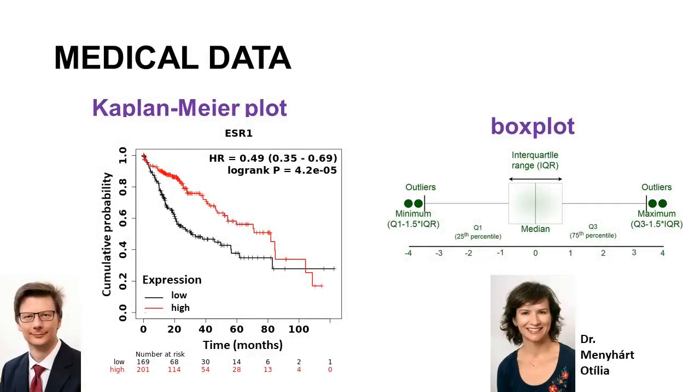Let's start with the first lecture. Among the medically relevant graphical representations, first we will discuss 2 widely used visualizing methods, the Kaplan-Meier plot and the box plots. Survival analysis is a statistical procedure for data analysis, in which the outcome variable of interest is the time until an event occurs. The Kaplan-Meier curve is an estimator used to estimate the survival function. The Kaplan-Meier curve is the visual representation of this function, that shows the probability of an event at a respective time interval. The curve should approach the true survival function for the population under investigation, provided the sample size is large enough. We will provide an in-depth description as well as detailed guideline for making a Kaplan-Meier plot.